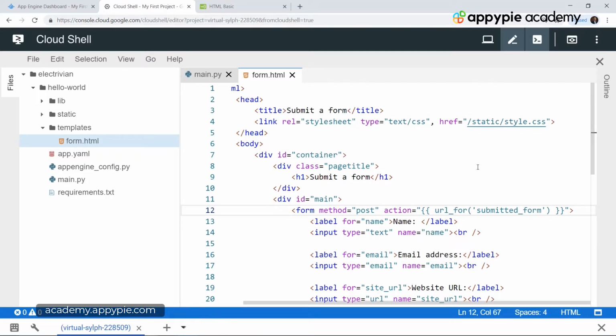Okay, so now that we have created an HTML page to display a form to a user and also taken